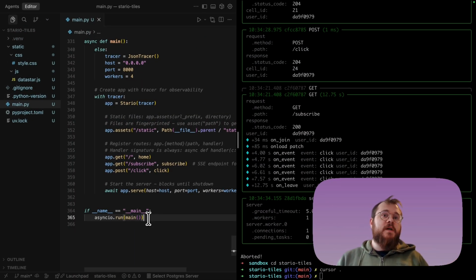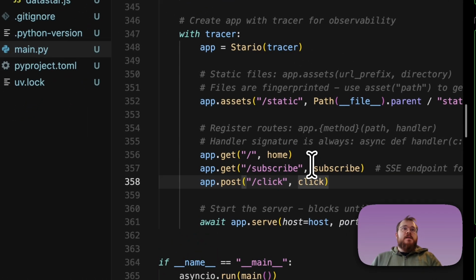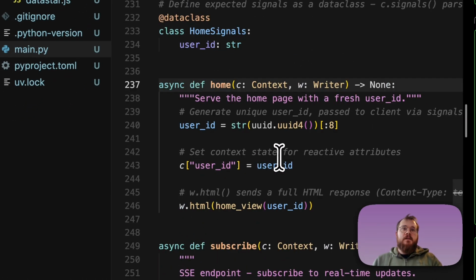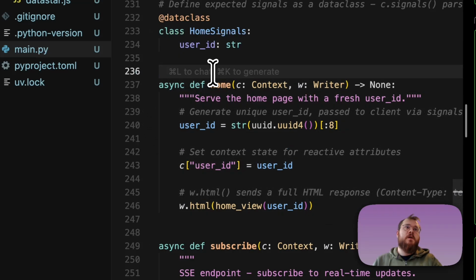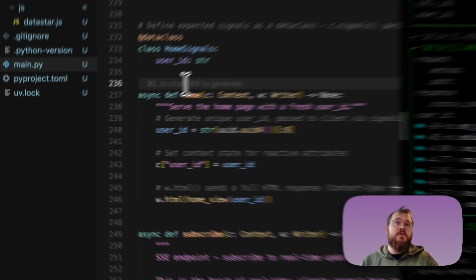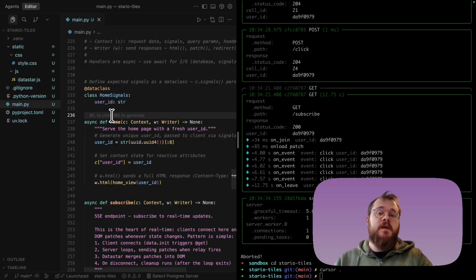It's up to you to decide which one you want to use. It also keeps Stario fairly small in terms of the overall library size and what it's actually trying to do. Let's go into our handlers and see how they are built, what the expected protocol is,